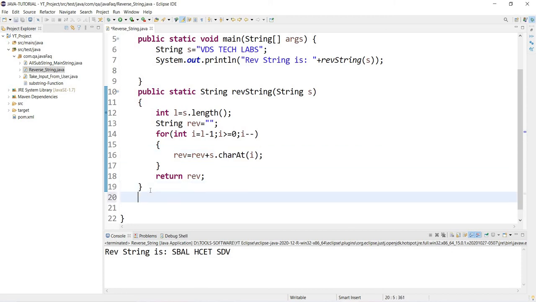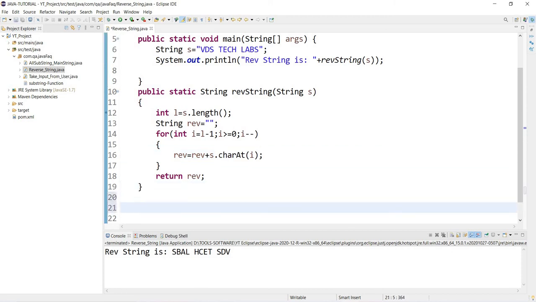So we'll make another method, reverseString2, and in the same way I'll pass another string variable, String s. And this also will be public static void.